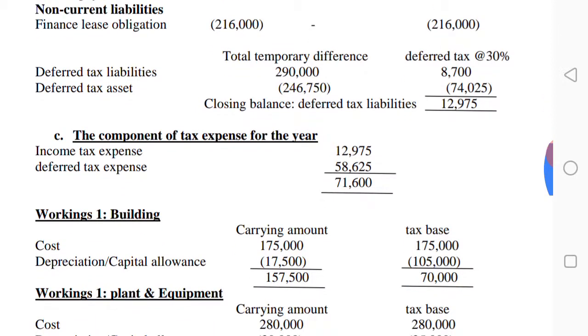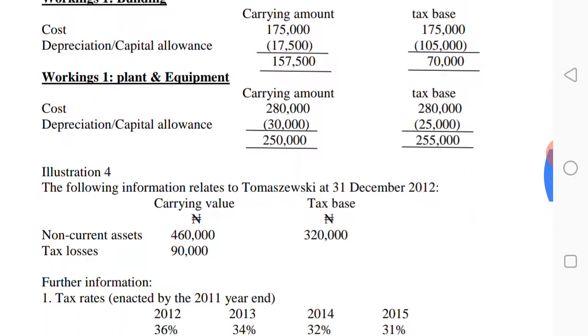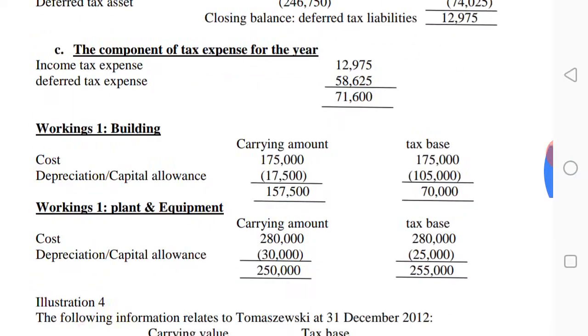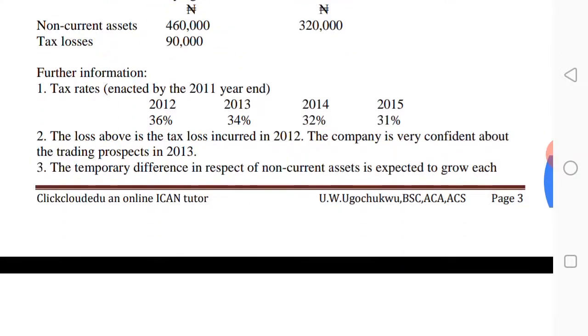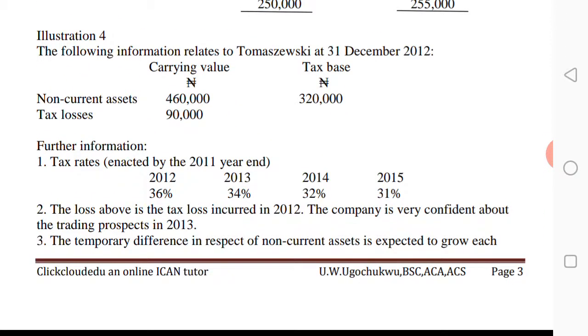So our total income tax, or total tax expense, is 71,600,000. So with this, we should understand this illustration, and let's look at another illustration where there is a change